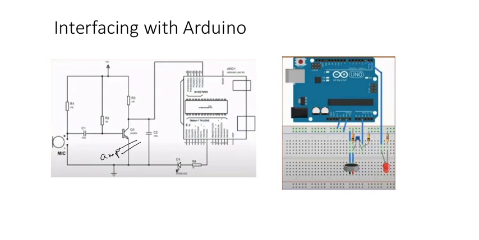If you see the circuit connection with Arduino, we have placed the mic here, and this is the amplifier transistor circuit. This is your transistor, and there are a couple of resistances to make this transistor work in amplifier mode. This is how we can interface a microphone with Arduino. But nowadays there are sophisticated microphone modules which already include this amplifier circuitry inside. So you get a single package, and the interfacing becomes easier.